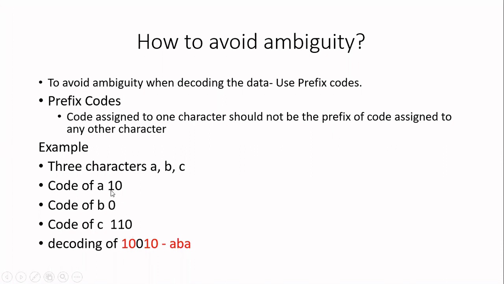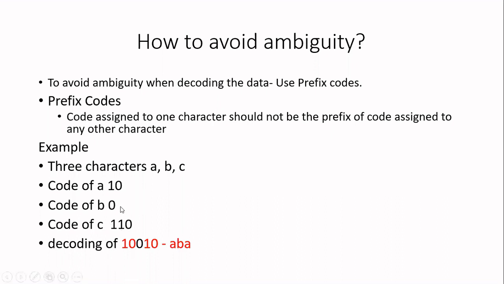Now you consider this first code 10, it is having 2 digits. Now you check the higher number of bit codes and check whether this 10 is appearing as a prefix in that code. Here, this is having 3 bits. So in the 3-bit code, I will first check the first 2 bits. It will not be 10. You can see here, this is 10. The first 2 bits of any 3-bit code or 4-bit code or 5-bit code will not be 10. So it is not there.